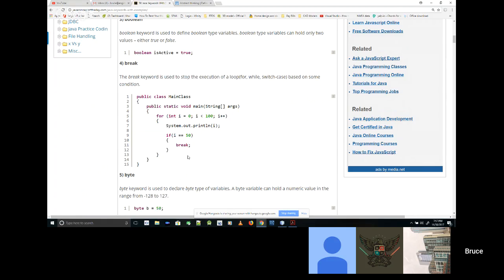So what they're saying here is in the for loop, I'm going to go through 100 numbers, but if the value in this iteration ever equals 50, then I'm going to break out of it. Of course, logically, this doesn't make sense because it'll never get past 50, right? It'll be 50 and it'll break every time. But this if statement could be something else, like, if I still have communication with the server, then it's okay. But if I ever break communication with the server, then I want to break out of this loop and then report an error, or stop trying.